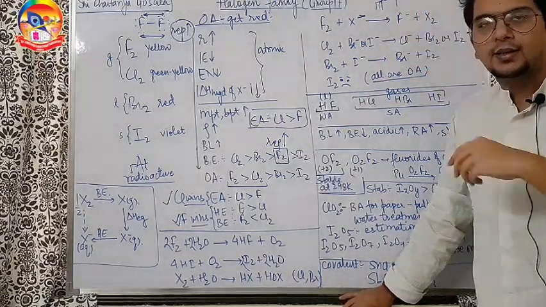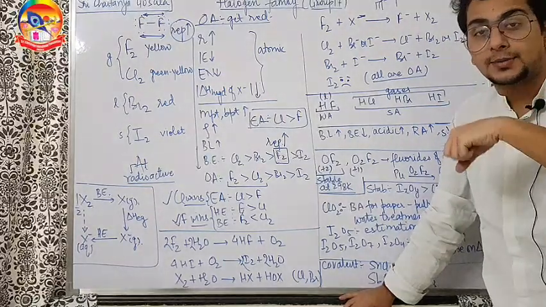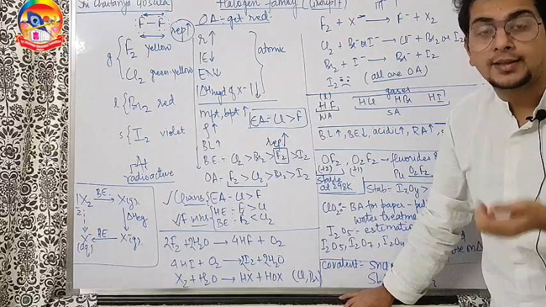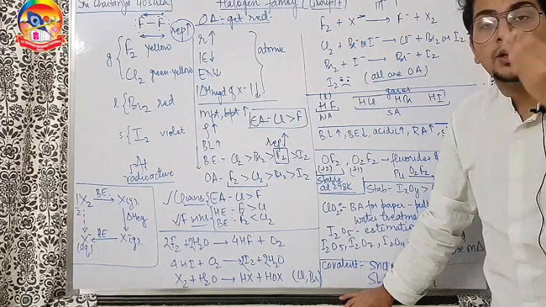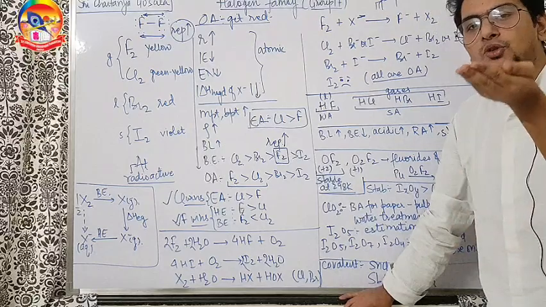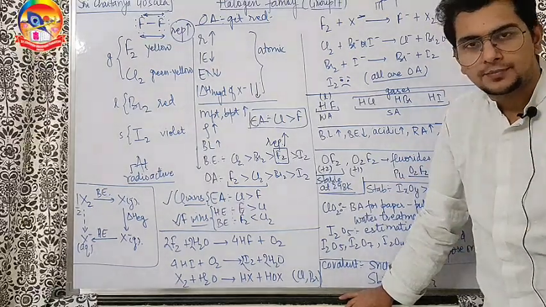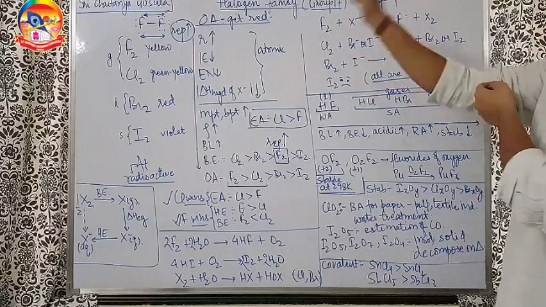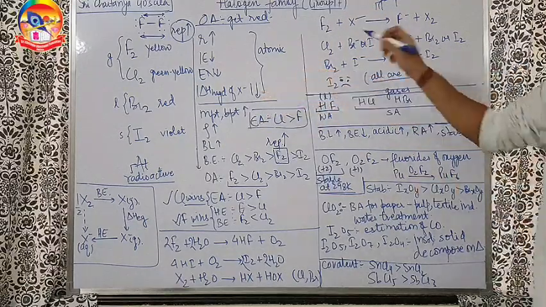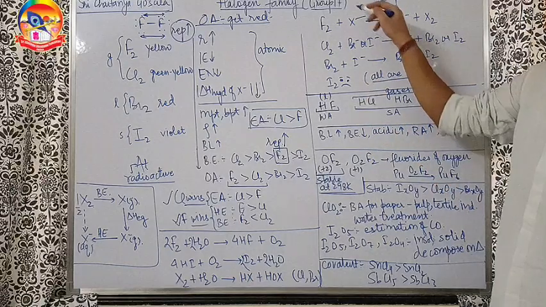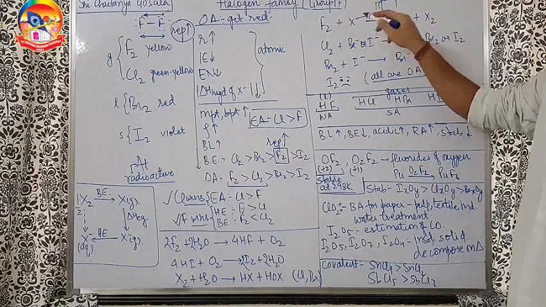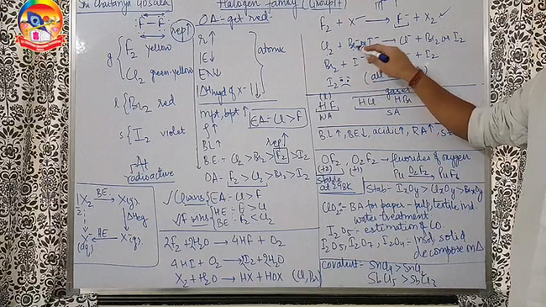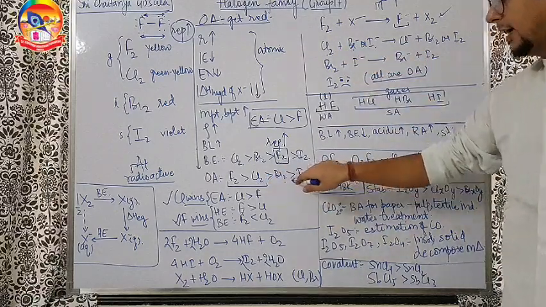So what happens here? Suddenly your father comes into the room, for example. Out of courtesy, because you are a very good kid, you will stand up from your chair and offer the chair to your father. In the same way, the negative charge is given to the better oxidizing agent, and because fluorine is the better oxidizing agent, it will take the chair, become F minus, and X2 will go out. Similarly, chlorine is better than Br minus and I minus. Chlorine is better than Br2 and I2.